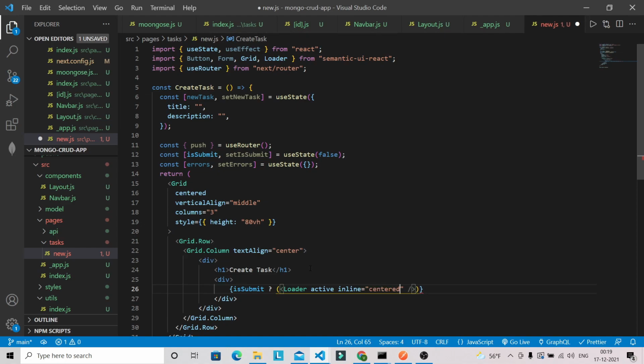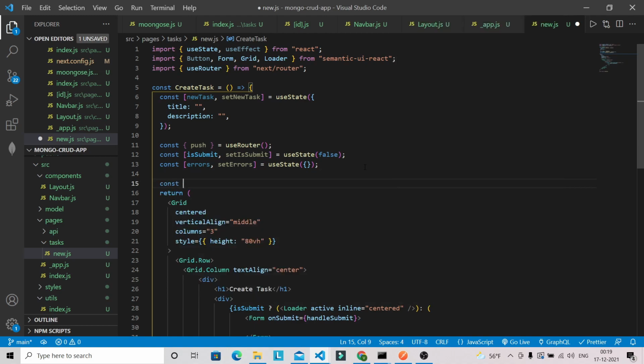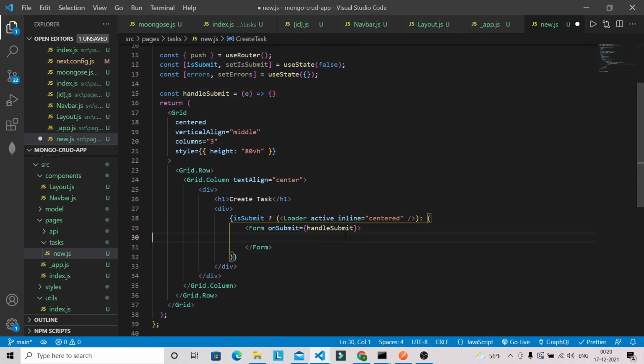Okay, else I'm going to show the form. So it will have one onSubmit method. So let's define this handleSubmit method outside the return only, and this handleSubmit will receive an event. So for now just leave it as it is, we will work on it later.